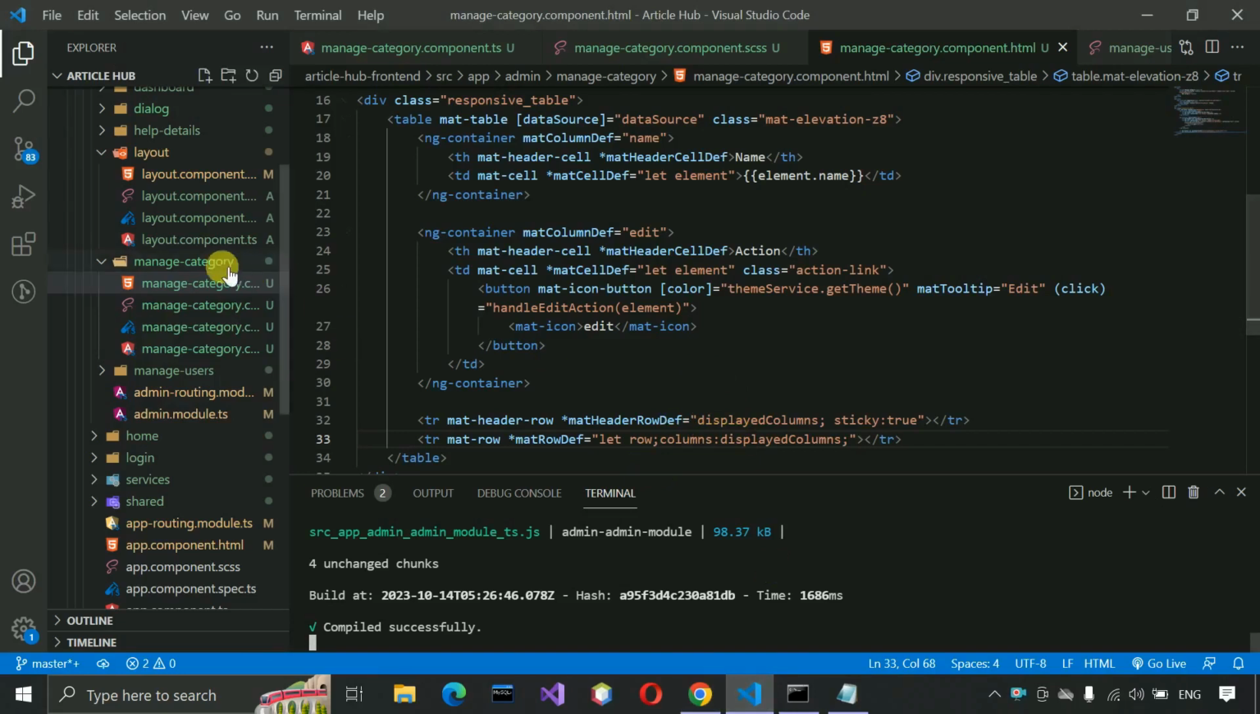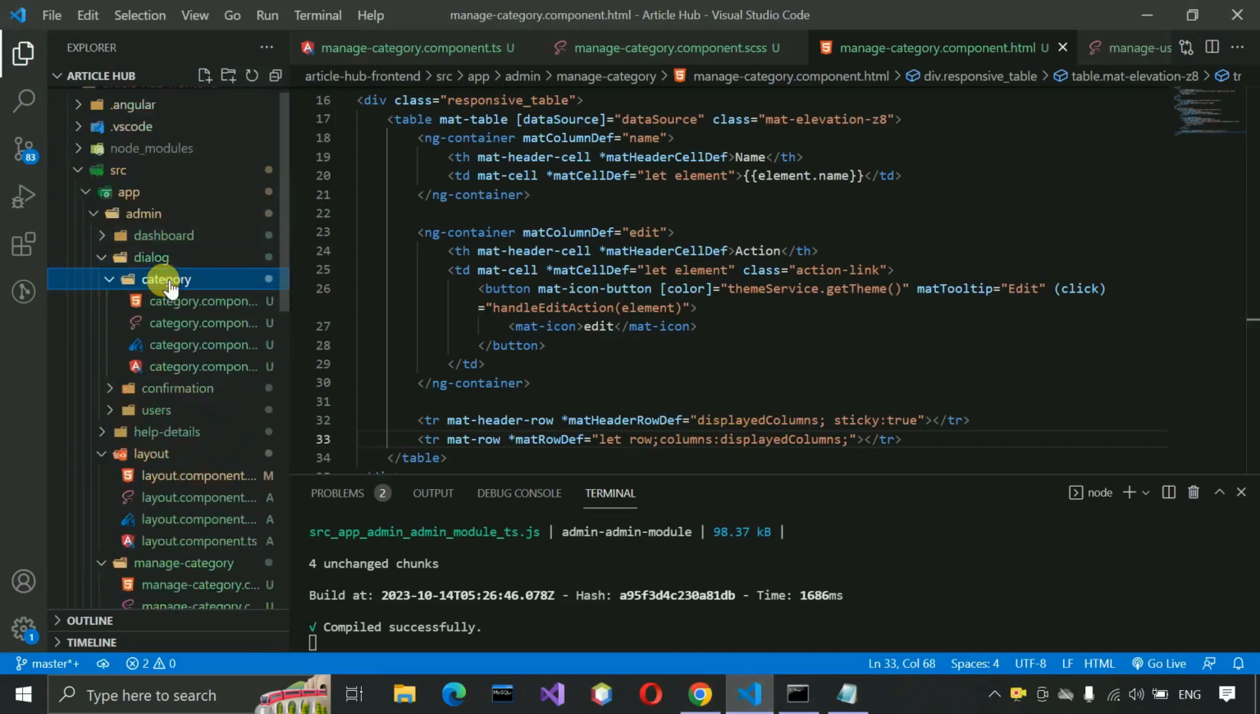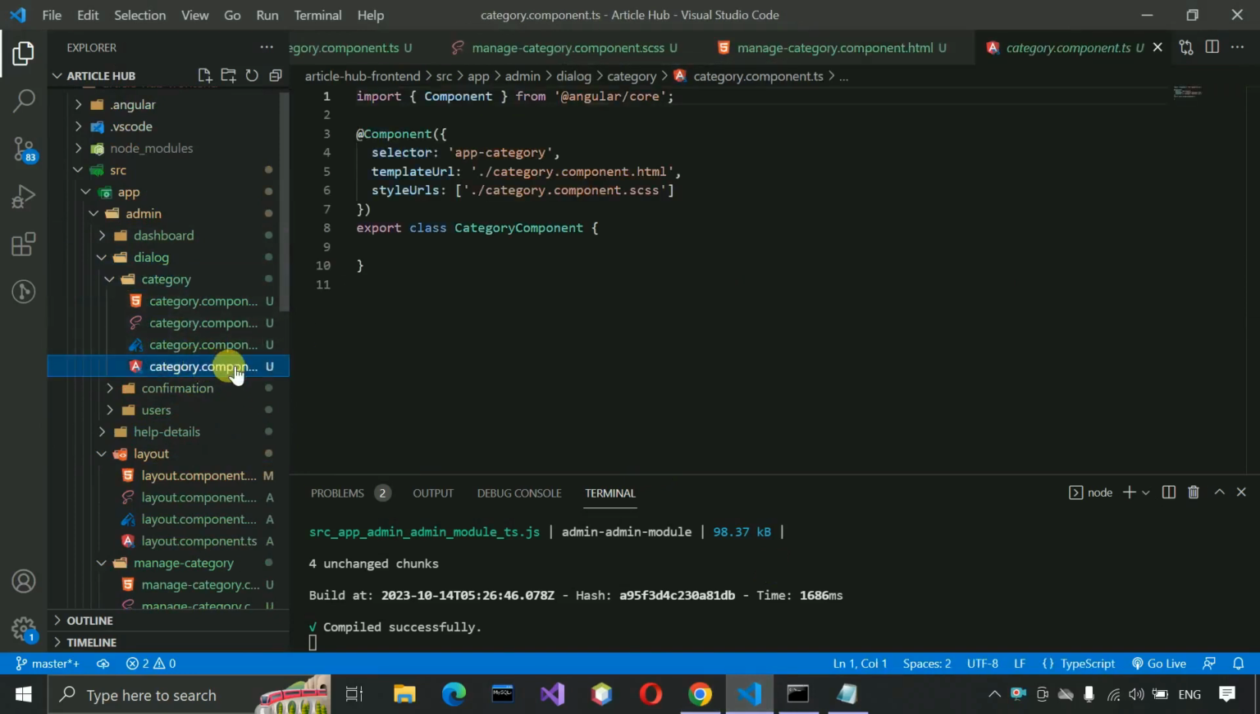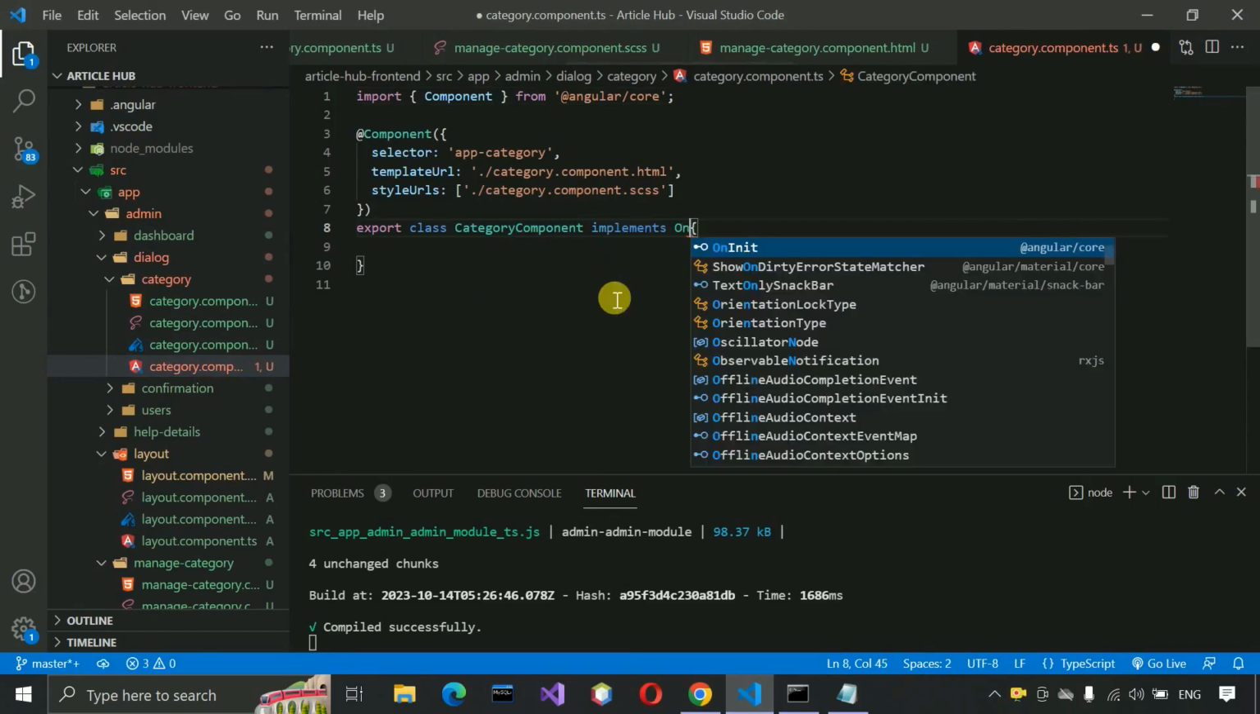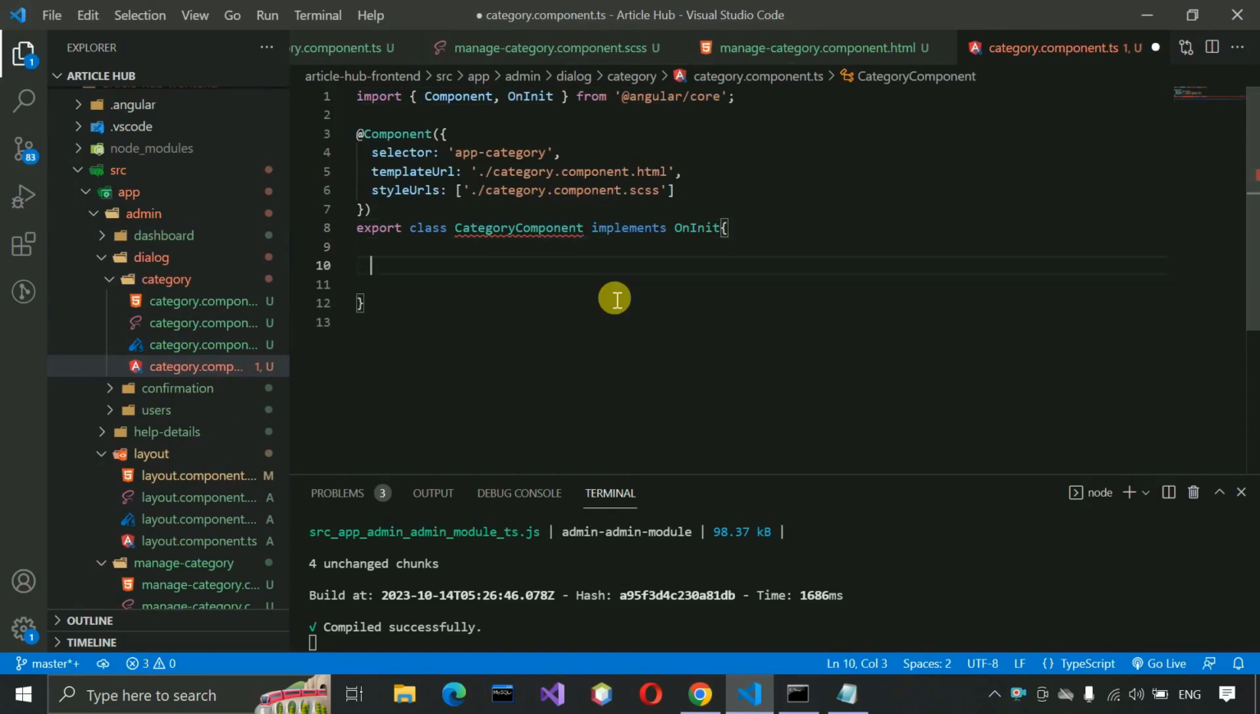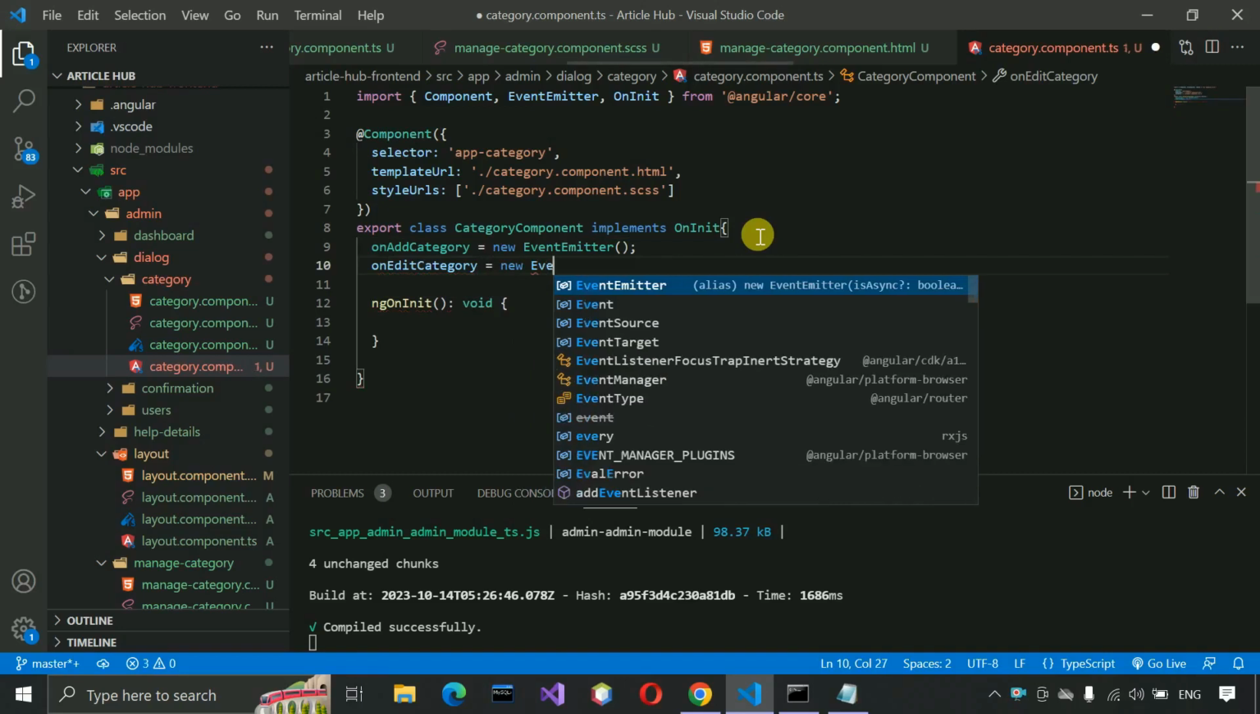Now we have to move to the dialog folder. Inside the dialog folder we have a category which we have generated earlier. So now we have to move to the category component, and here we have to first implement OnInit, and here we have to just write ngOnInit, this one, and then we are going to create some of the variables or emitters. So here onAddCategory new EventEmitter, this one, and onEditCategory new EventEmitter, this one,